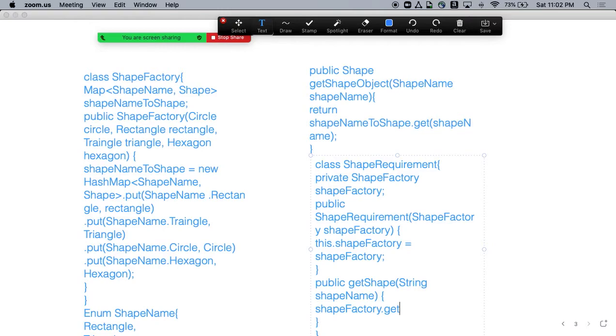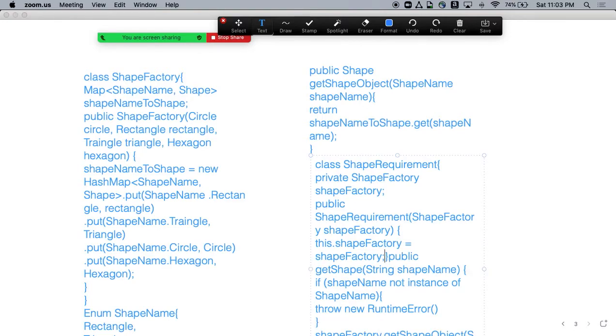Set factory dot get set object and dot of, and we also have one section: set name of instance of set name, right?